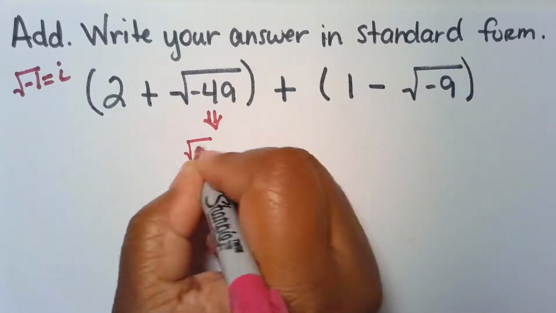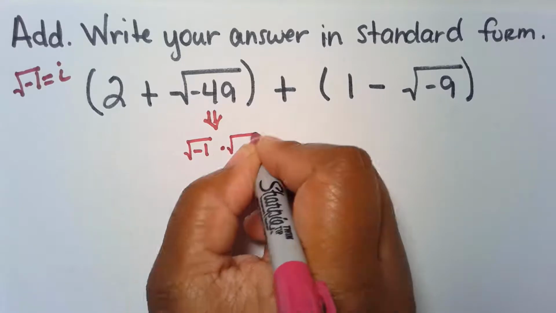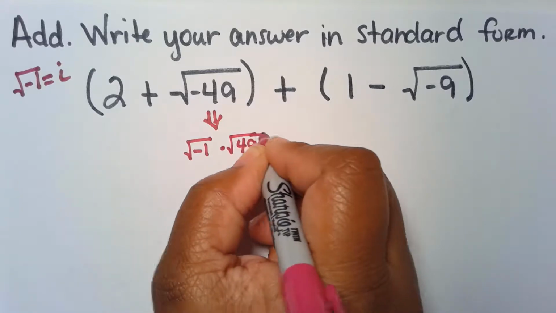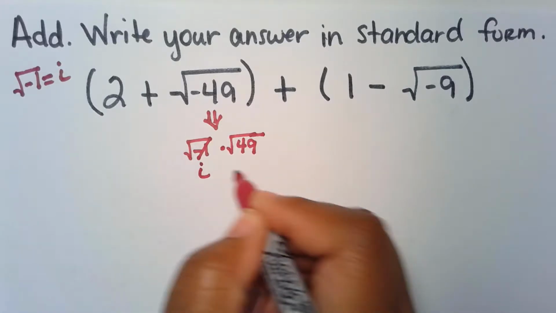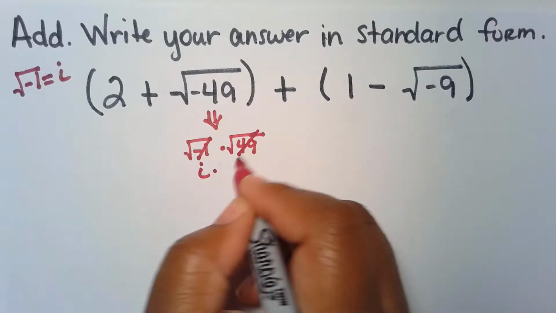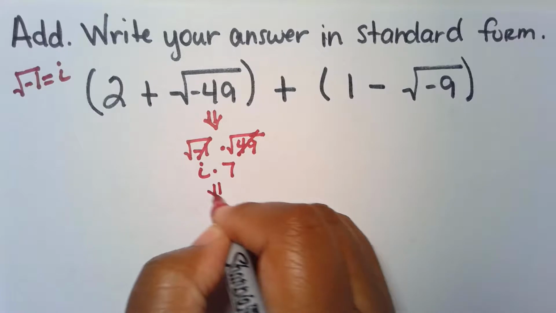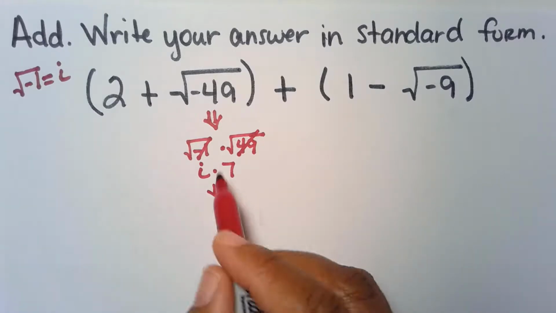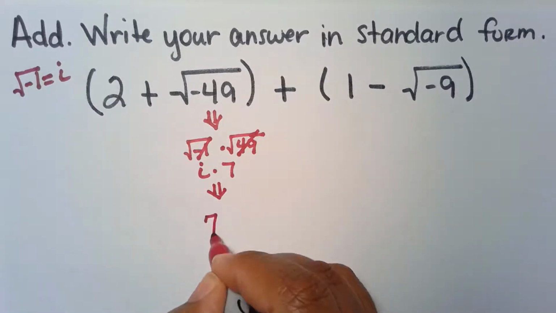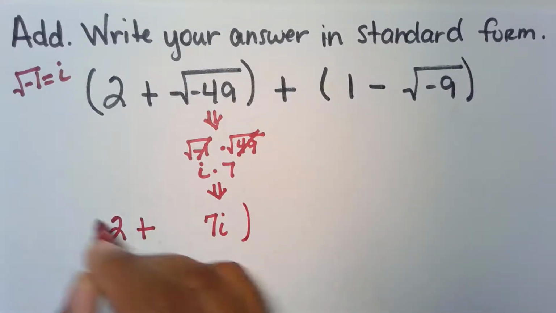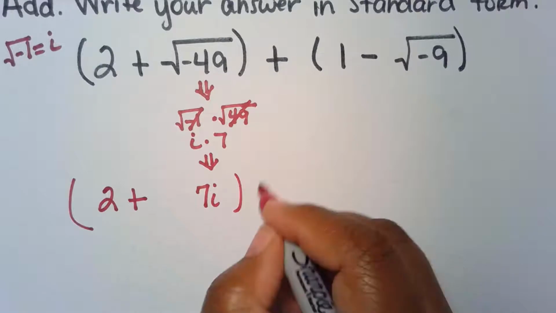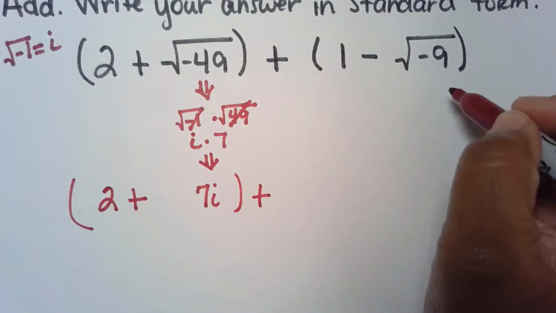Take out the square root of negative 1, and then we have our perfect square of the square root of 49. The square root of negative 1 is i. The square root of 49 is 7. Therefore, the square root of negative 49 is 7i. So our first binomial is 2 plus 7i plus, let's look at the square root of negative